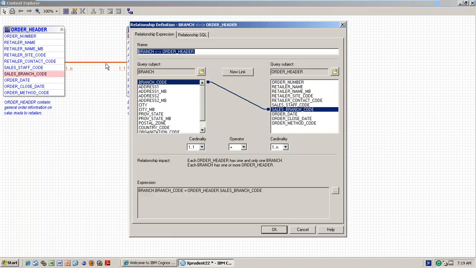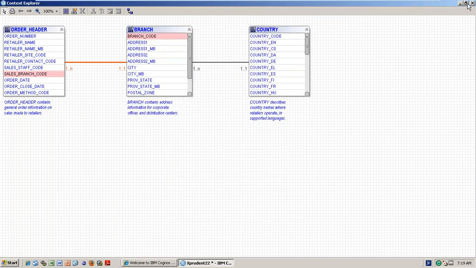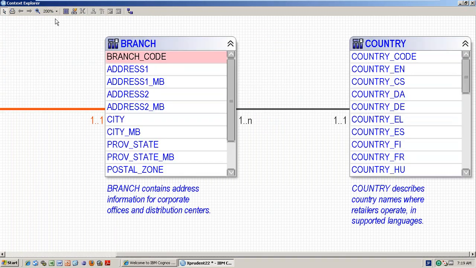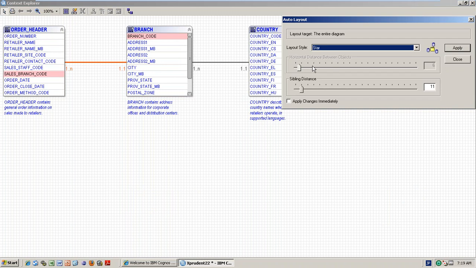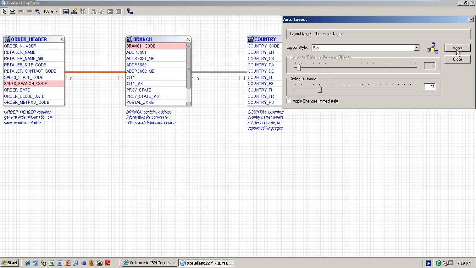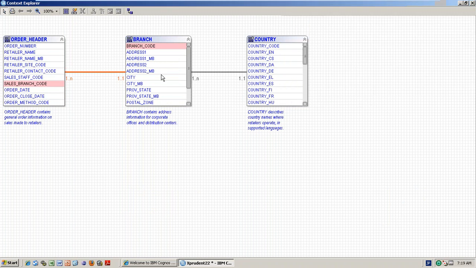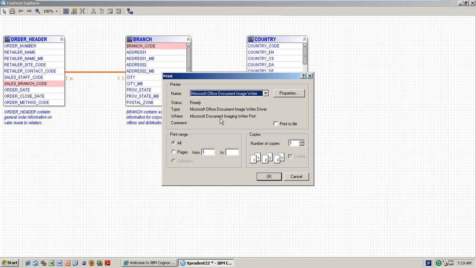If you double click this slide, then it will show you what expression is present and all those things. Everything. And you can see this is zooming up and zooming like this. You can see 100%, and you can take an auto layout, and distance also you can maintain. See the distance where you want the distance. That means the proper print. You can print this report. So these things.